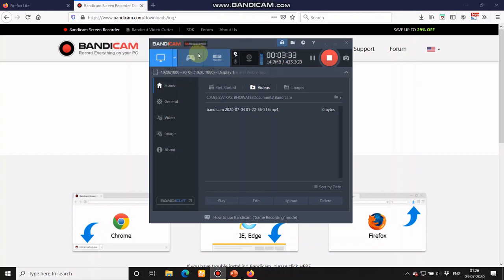As I have already discussed registered and unregistered, if you are registered, you need to pay some amount for the registration process, and if you go for unregistered, there is no need to pay any amount, but you will have a limitation on recording time.